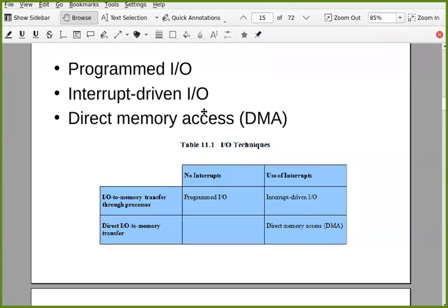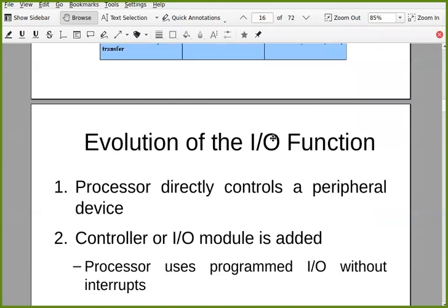After that, the idea of DMA came, and DMA is a different module. Whenever you need to transfer data between IO and memory, that is handled completely by DMA. The processor just needs to instruct the DMA to do this. Once it is completed, DMA tells the processor that it is done. So this complete IO is not handled by the processor. The processor just needs to instruct the DMA module, that is the direct memory access module.